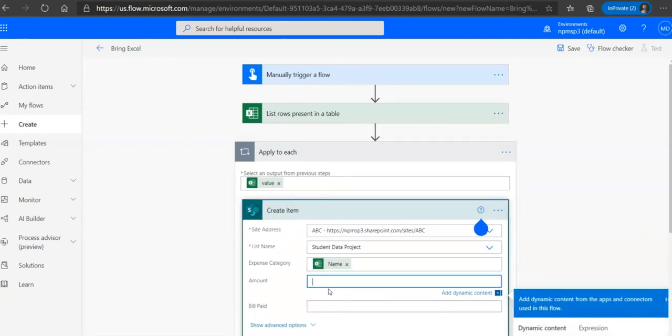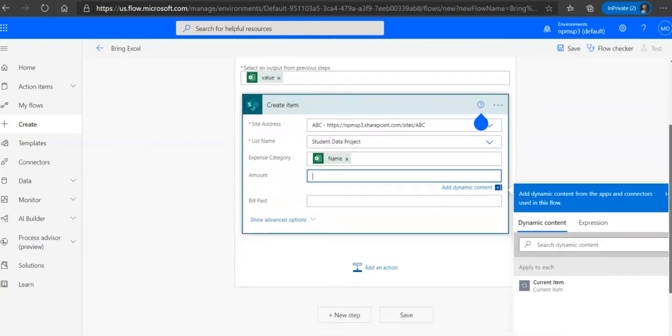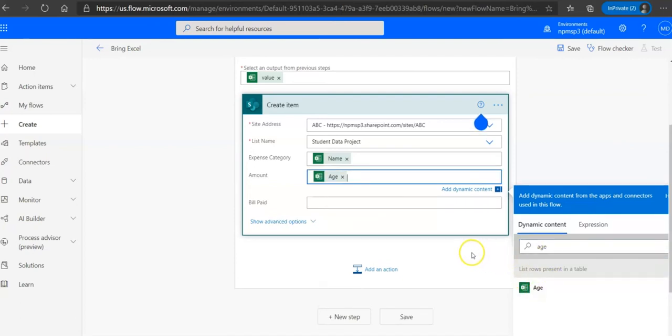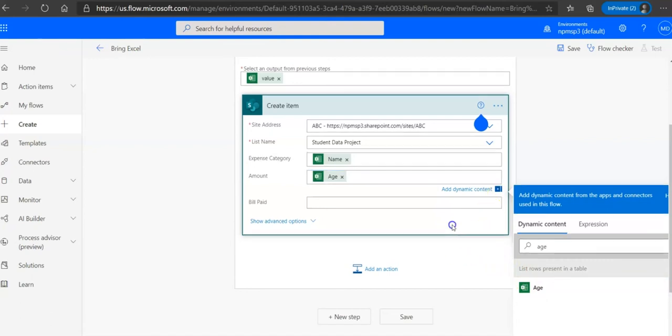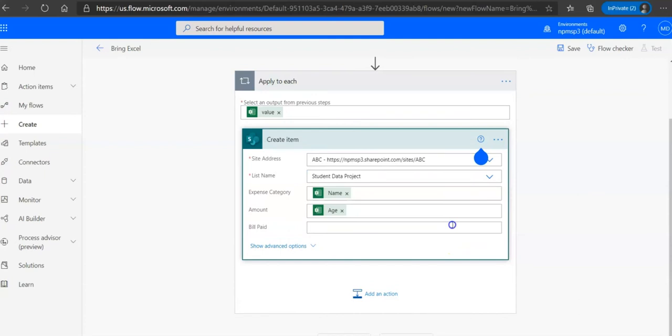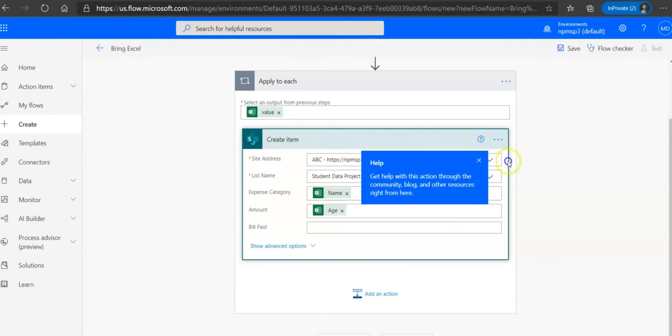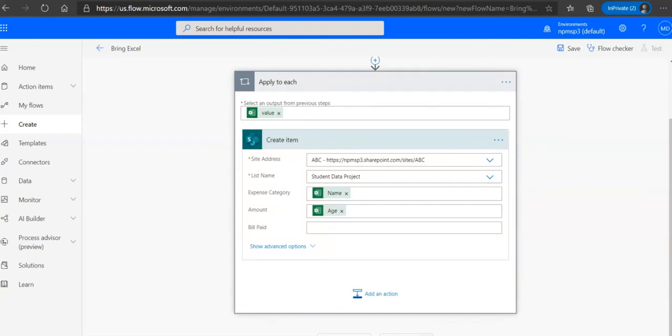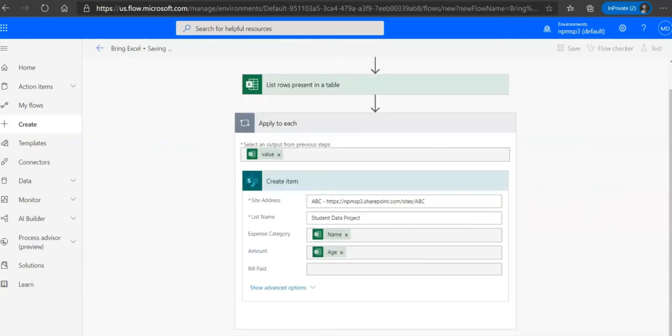Click on amount and search for the another column that we had created called age, and I think we are good to go. We had only created 2 columns in our new Excel spreadsheet, which was name and age. The next, on the right hand side, click on save. On the bottom, click on save